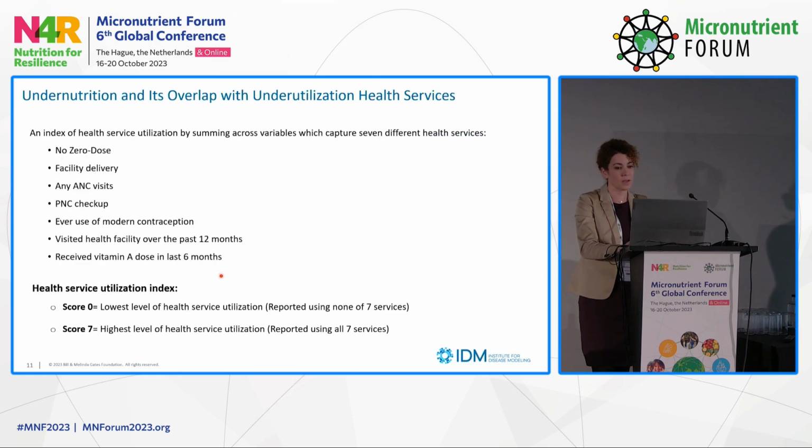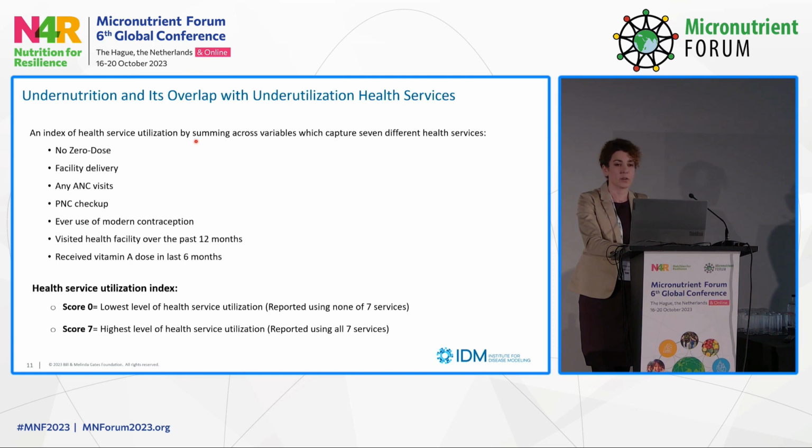After looking at the relationship between these segments and whether the vulnerabilities derived in these segments predict stunting and wasting, to increase the feasibility of targeting and maximize impact, nutrition interventions should be integrated with different health services. So to explore the potential overlap that we see between child growth failure and other indicators of poor child health outcomes, we defined a range of variables, and we came up with an index of health service utilization.